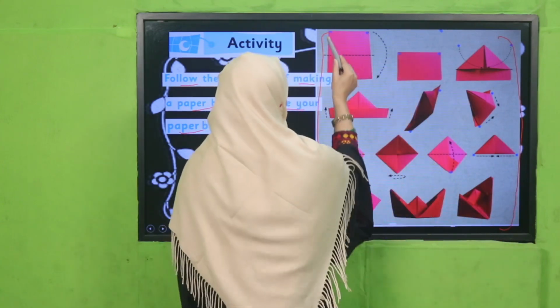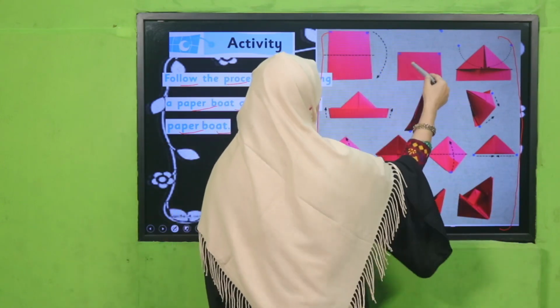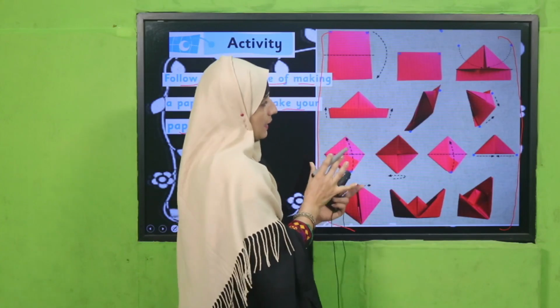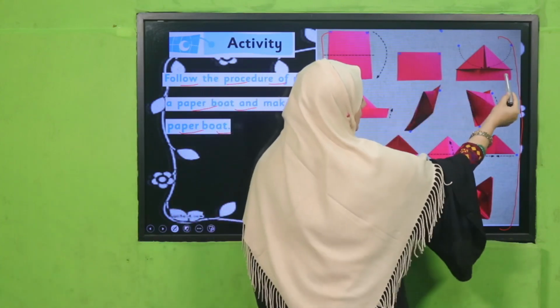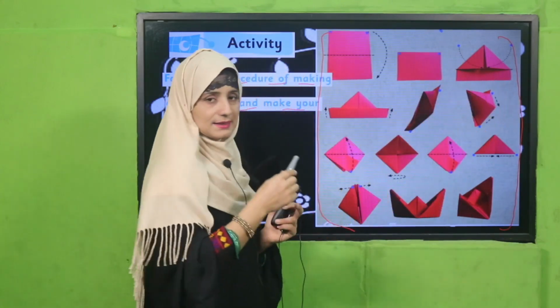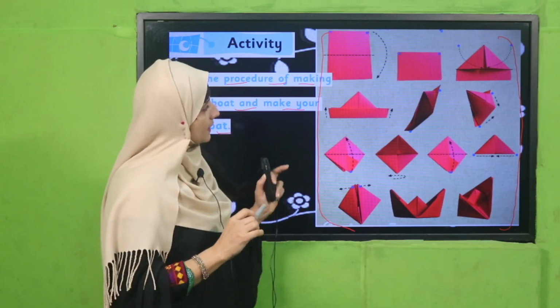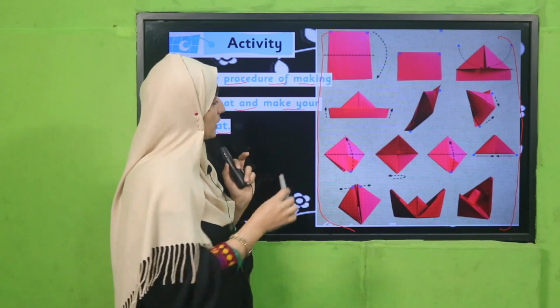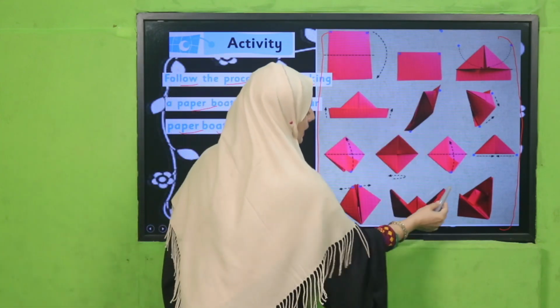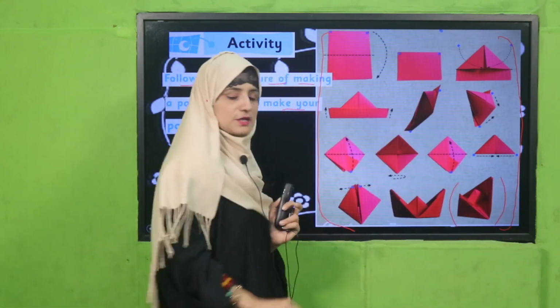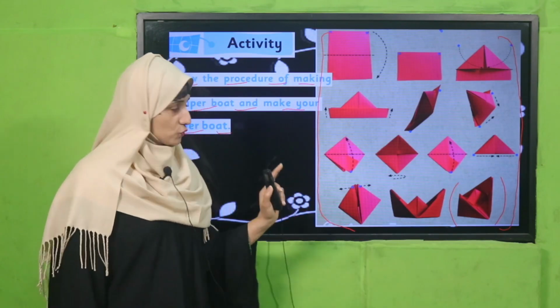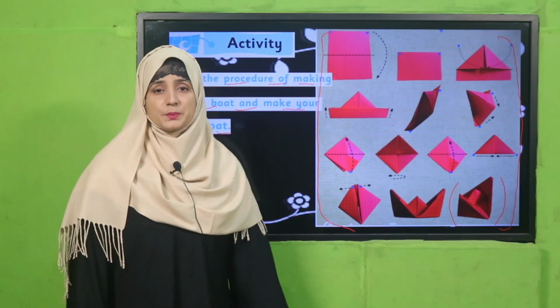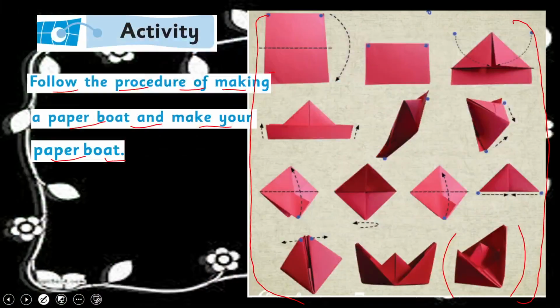First, you have to take a paper and then fold the paper. After folding, you will get it in this way, in a half circle shape. Then look there at how we have molded it, and in this way, step by step, by following, at the end we got a paper boat. So perform this activity in your class, prepare a paper boat, and then come back.